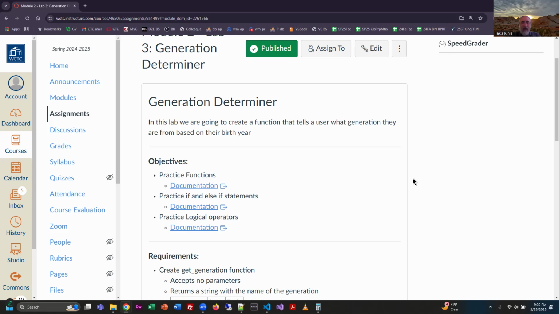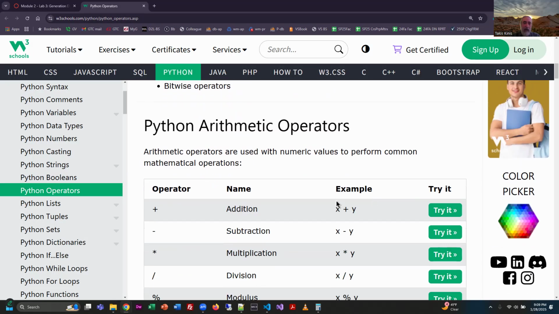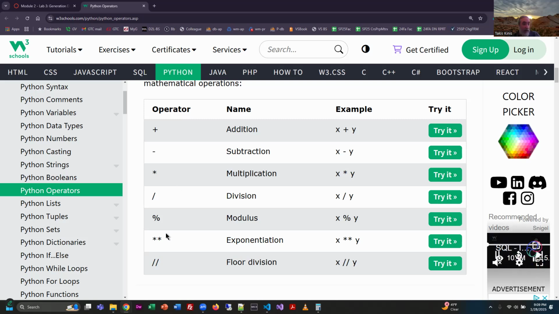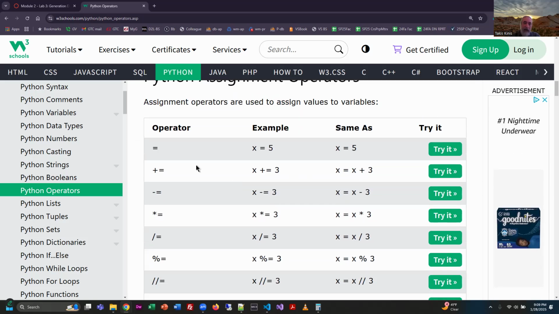All right, so we had a couple things to look at here. I think we've talked about most of these topics. We looked at else if statements already, so I don't want to repeat that stuff, but we're going to use them here. And they do want to talk a little bit about logical operators. So there's math operators, which we've been playing with. We've now used all of them in programs, by the way. We have assignment operators. We will do a whole thing on this, but